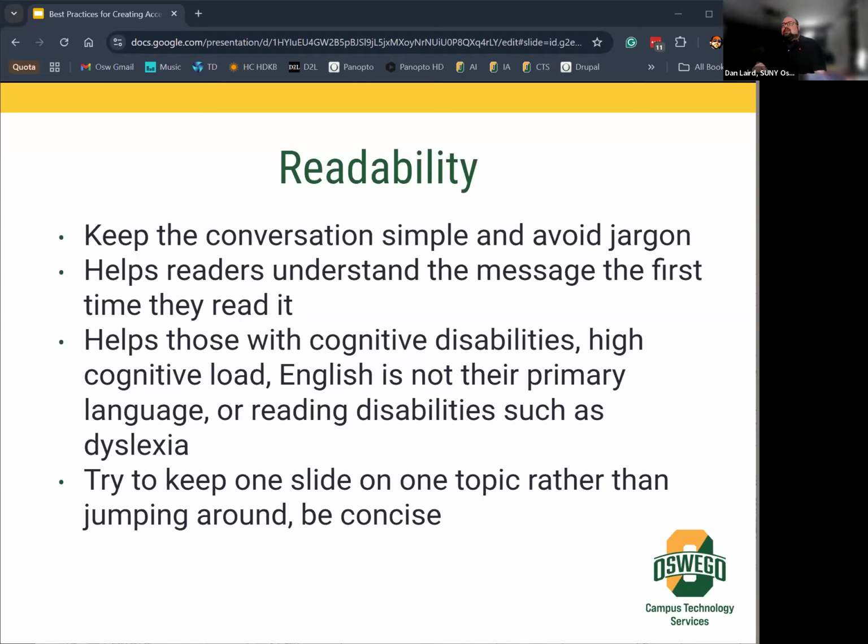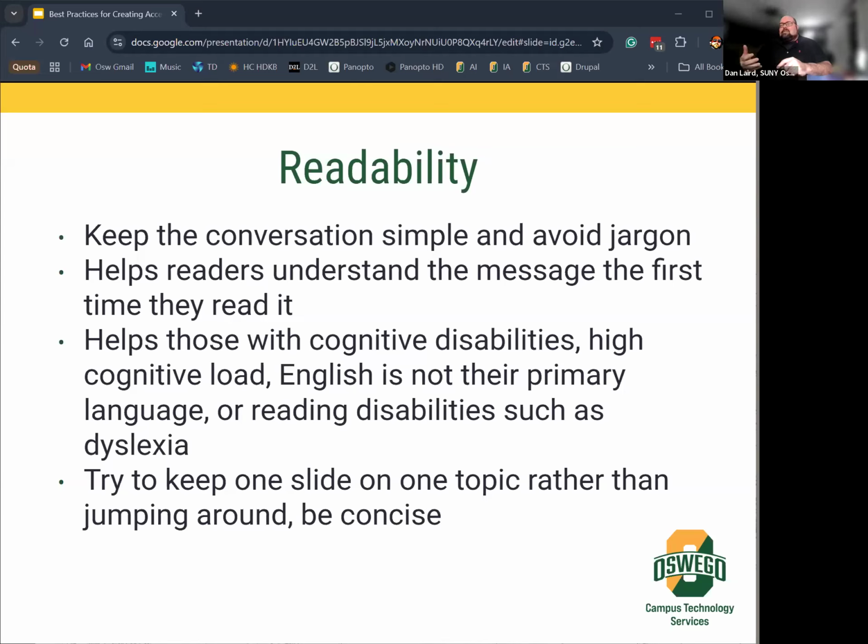And it helps those people with cognitive disabilities that might be having trouble reading your text. There are people that are dyslexic or have a problem being able to read at the same pace as people that don't. This just helps.